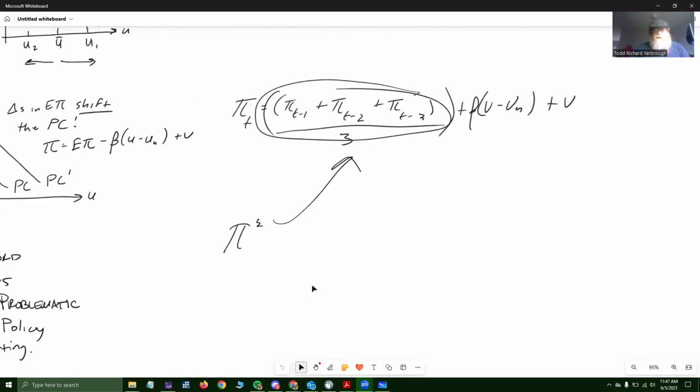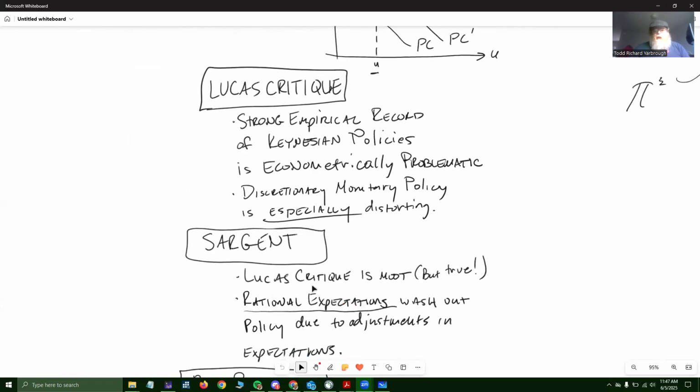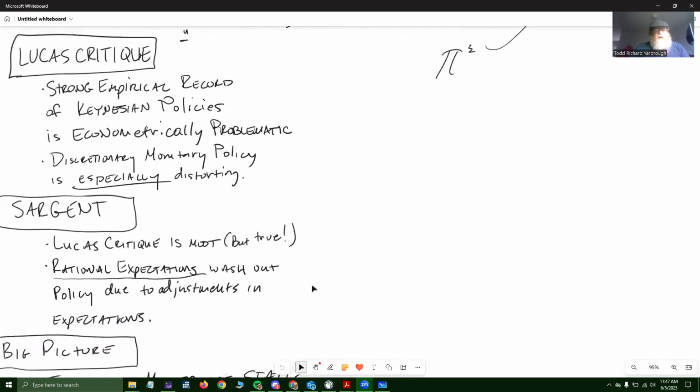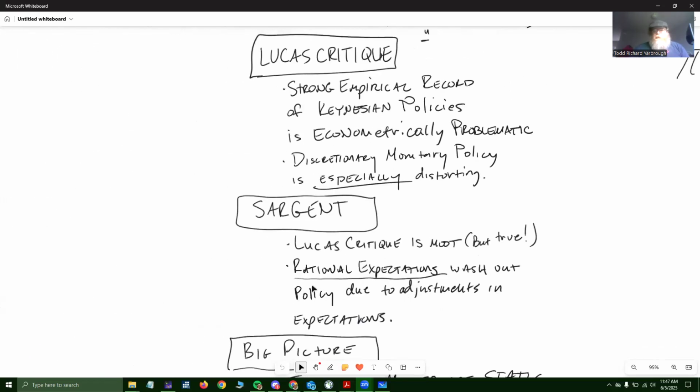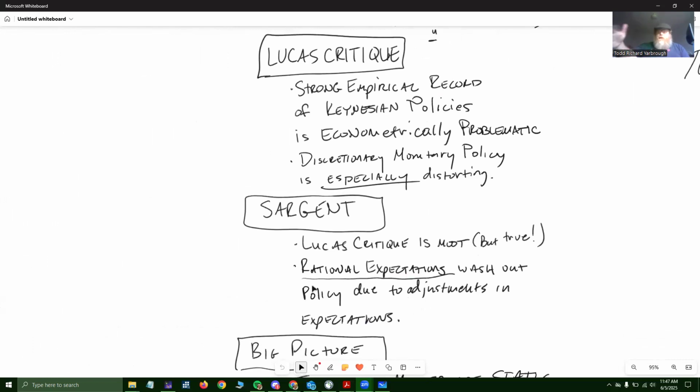We'll talk a little bit about rational expectations, the concept of hysteresis, and then put a nice little capper on this conversation as we get into the dynamic AS-AD. So, as I already mentioned to you previously, the Lucas critique is not a theoretical critique of the Phillips curve. The Lucas critique is basically